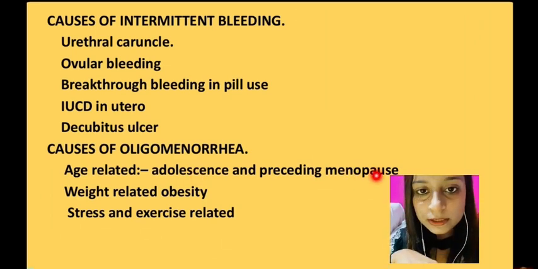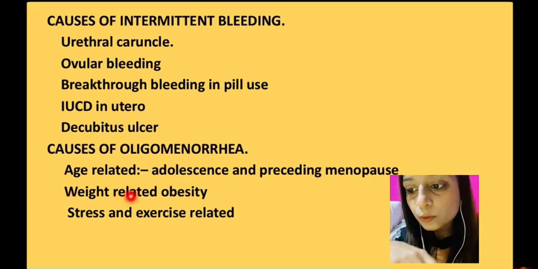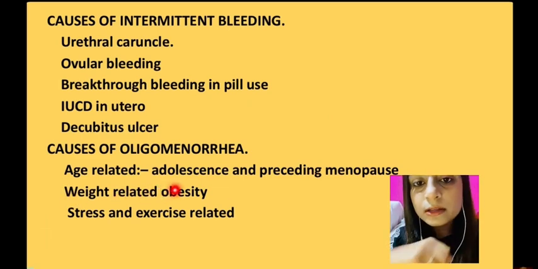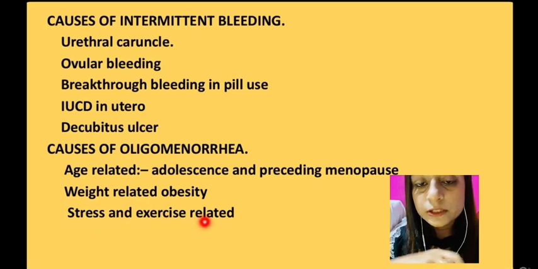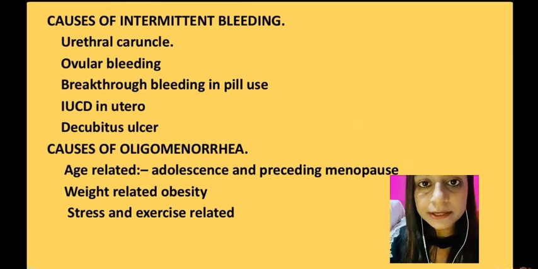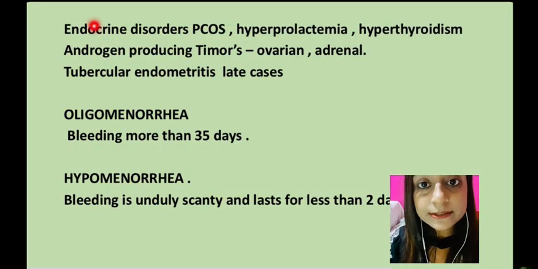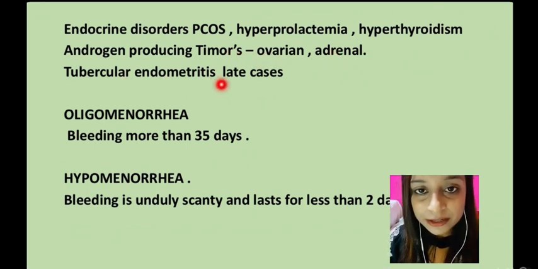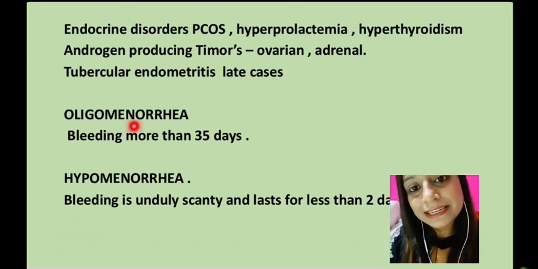You will see it in adolescence and in the age group preceding menopause. There is a weight-related cause, which is obesity. There is stress and exercise related, age related, weight related, endocrine disorders like PCOS, polycystic ovarian disease, hyperprolactinemia, hyperthyroidism. Next one, androgen producing tumor, which is ovarian tumor, adrenal tumor, tubercular endometritis, which is in the